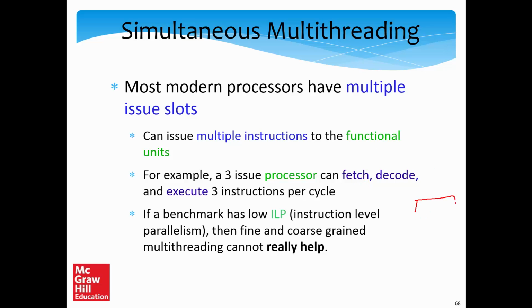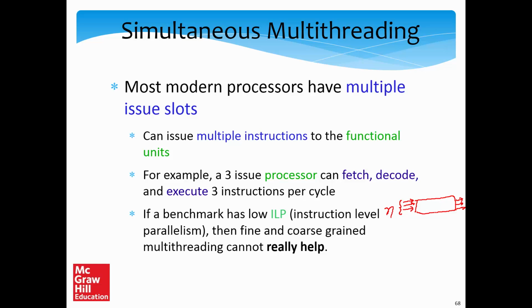So in our traditional pipeline, every cycle 1 instruction was getting in, and if there are no stalls, 1 instruction was getting out. In an n-issue processor, every cycle n instructions will get in and n instructions will get out, right? So we will see how to do this. Well, we'll actually not see, this is part of an advanced course, but a little bit of how this is done is there in the book, if you would see in the chapter on pipelining. But nevertheless, let's assume that in modern processors this is what happens, that we can send in multiple instructions together and also get multiple instructions out together.